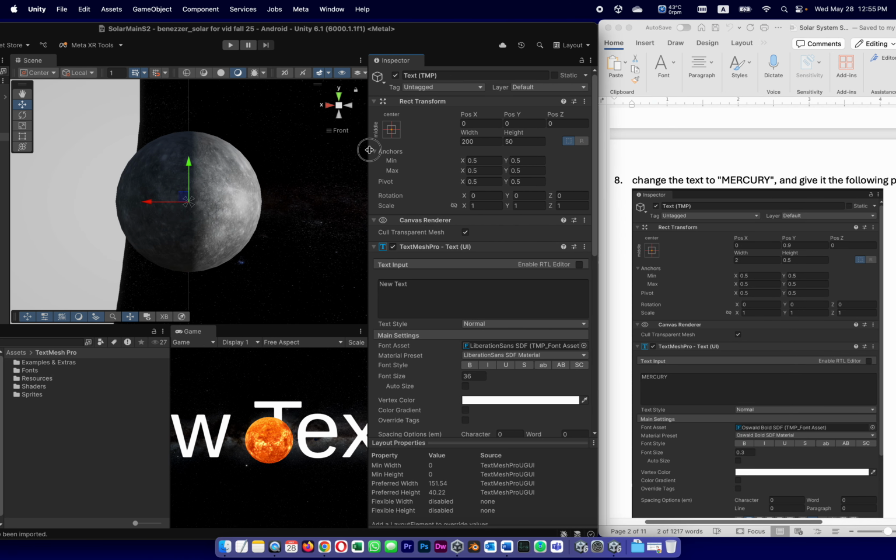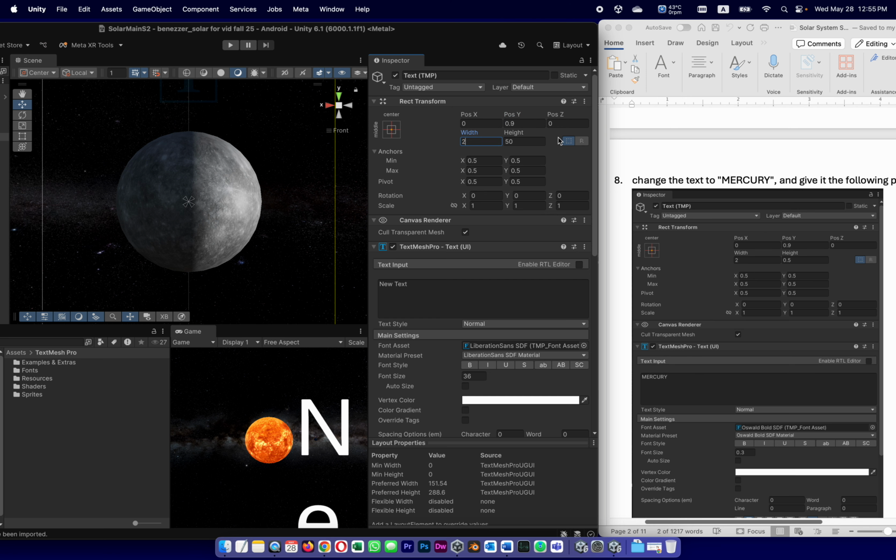And we are going to copy all the settings. So this is the text. Position 0, 0, 0. Actually, it's not 0, it's 0.9. It's going to be a little above the planet. See how it goes a little up. Width, 2 meters. And height, 0.5. Now, at this point, the text might disappear because the letters are really big and they are